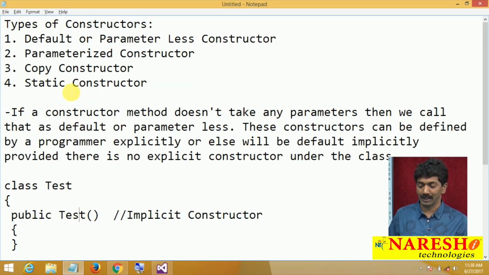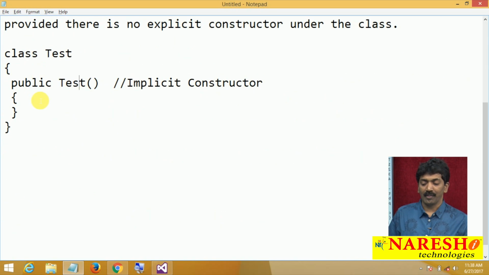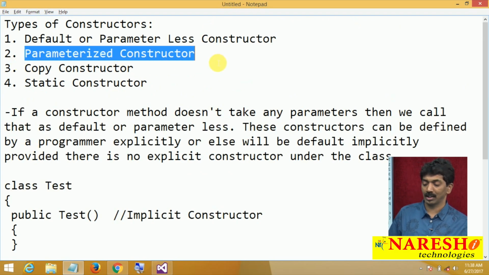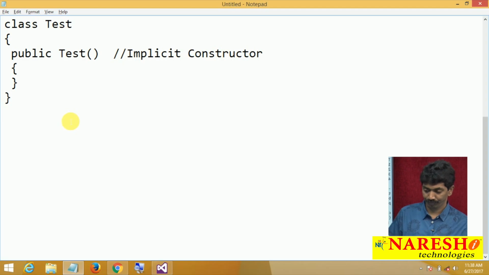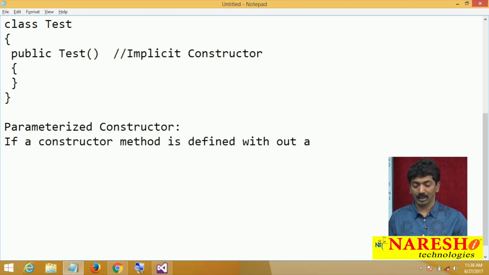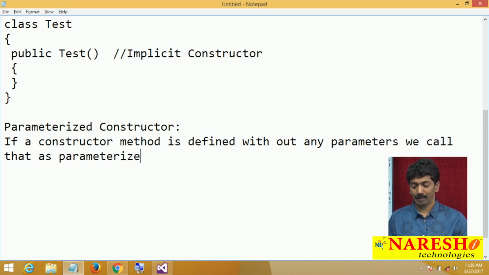Then what is a parameterized constructor? If a constructor method is defined with parameters, we call that a parameterized constructor.